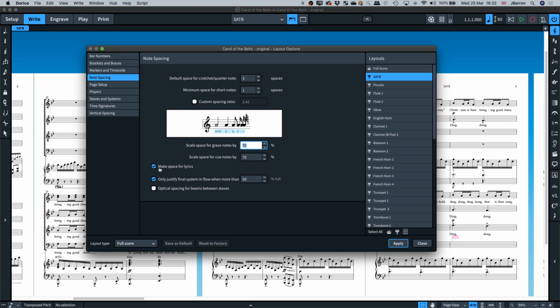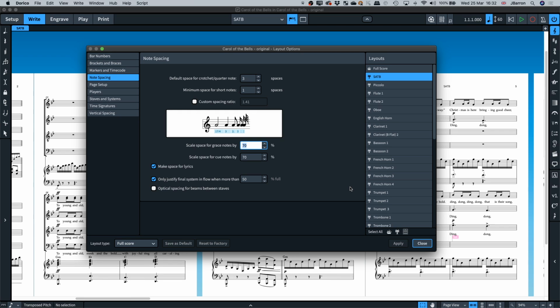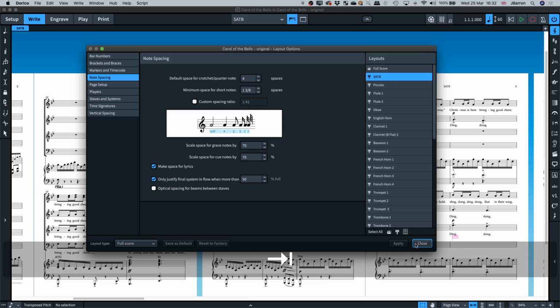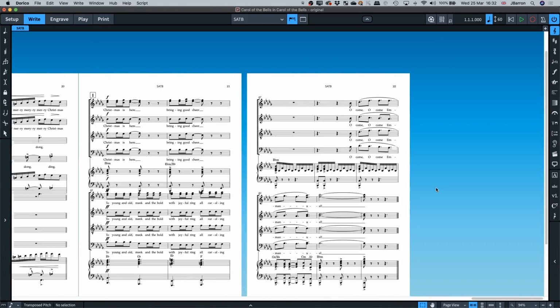There's also an option here for make space for lyrics, and if you don't have many or only have a few, and if they're relatively spaced anyway, then you might not need to make extra space for lyrics. There is also the lyric spacing options. In fact, let me just show you what this is going to do. So if this was still on 1 3/8, not 13/8, then this piece is going to be, this page, so